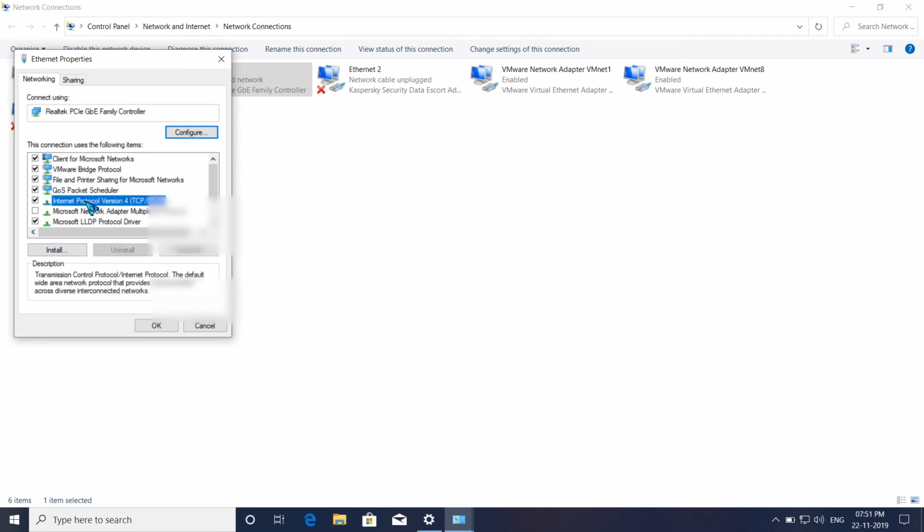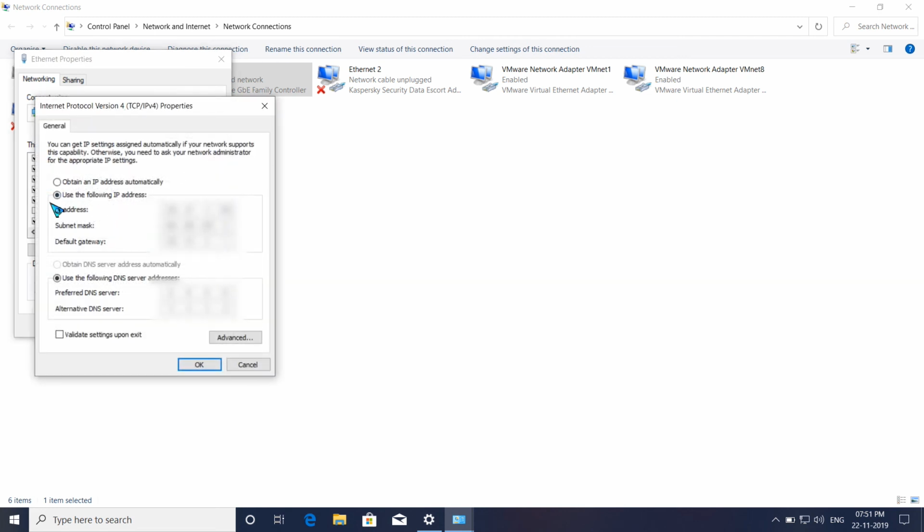Just double click on it and click on use the following IP address, and make sure that you take these details from your broadband operator or cable operator: what is my IP address, what is my subnet, my default gateway. They give you all the details here. Just fill in the following details, and after that click OK.